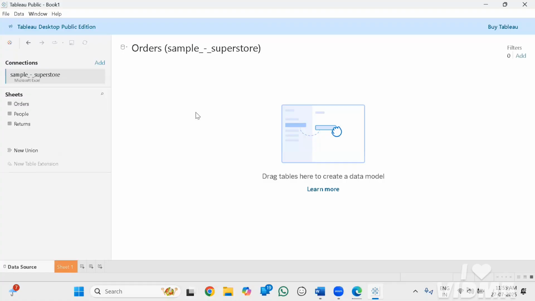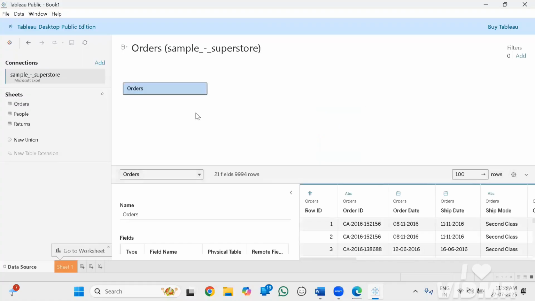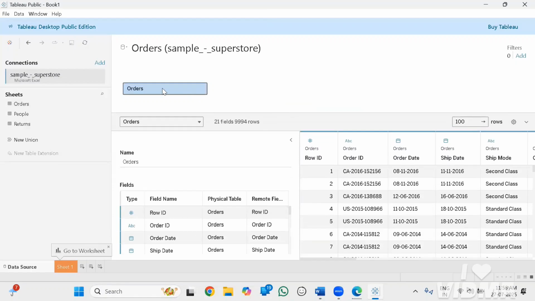Okay, this is the canvas, where we can have the data model. If you observe over here, one table is selected. Which table is it? The Orders table. So in this Orders table,